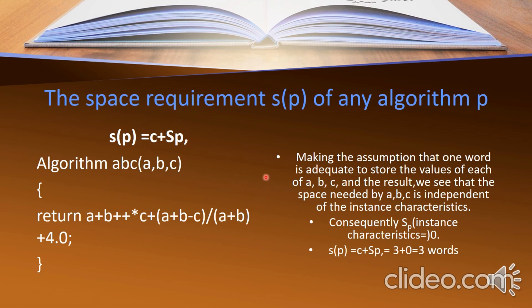Now let's consider one example to understand space complexity.